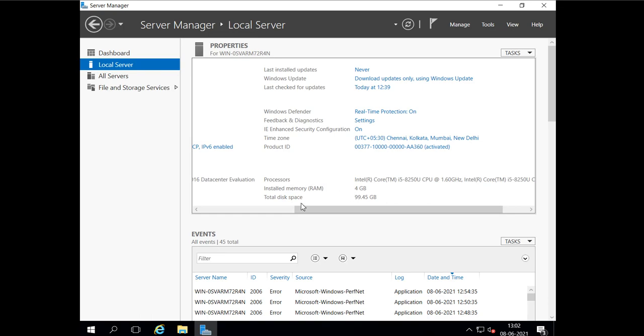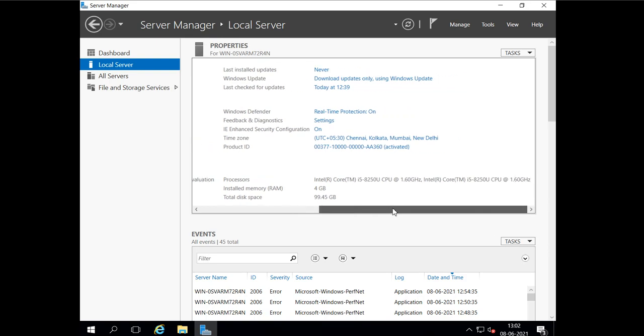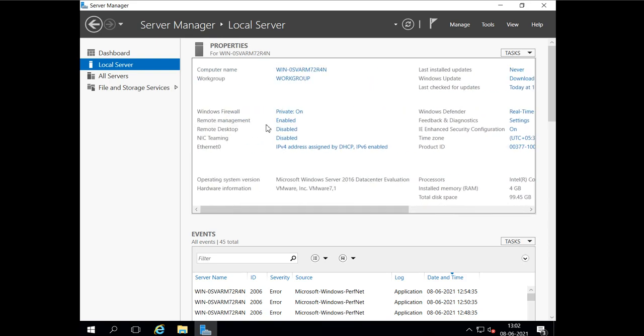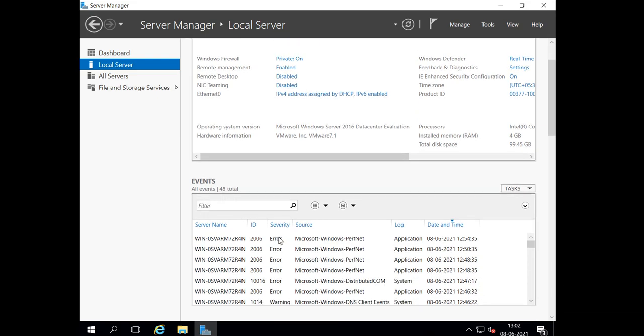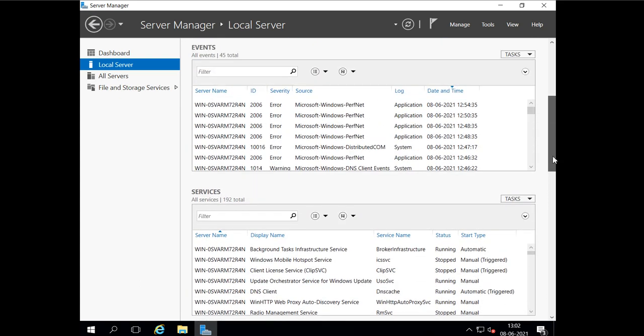Now at the bottom it shows the events. It shows the events related to this particular server. If I select some services here, it will show me the events for those particular services.